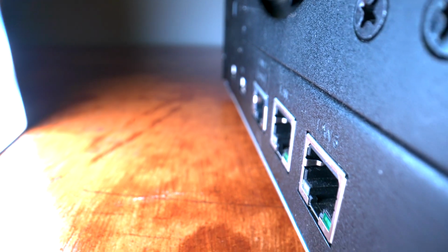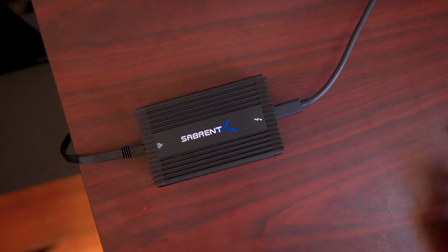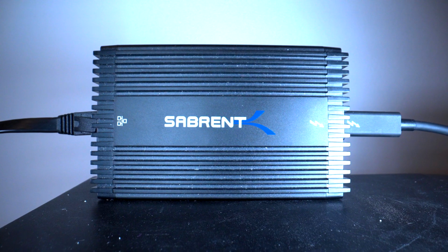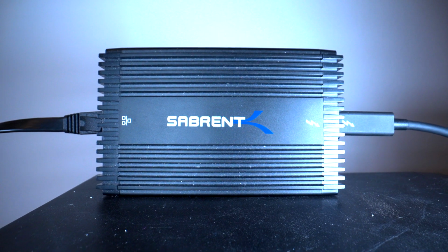The DS1621XS Plus comes with a built-in 10 gigabit Ethernet port. And using the Synology T2 adapter, you can add an additional 2 10 gigabit Ethernet ports. Then using the Sabrent 10 gigabit Ethernet to Thunderbolt 3 adapter lets you connect the NAS to any device using Thunderbolt 3. This Sabrent adapter is really well designed to handle heat efficiently, and this means that it's never going to be thermally throttled and you're always going to get full speeds of up to 1250 megabytes per second read